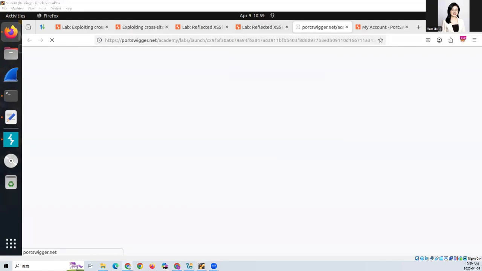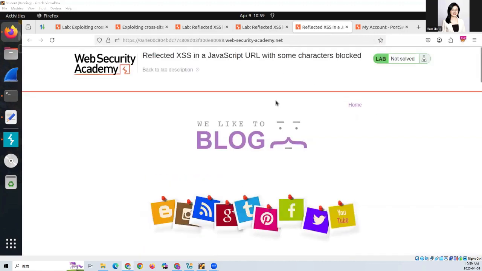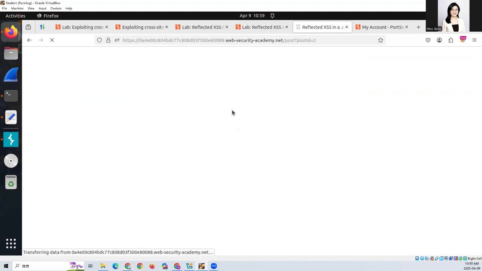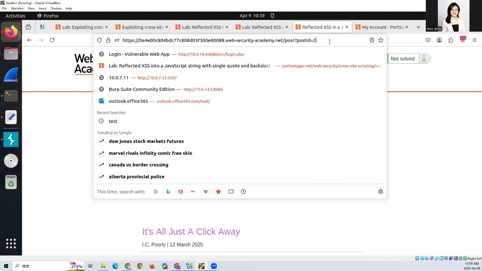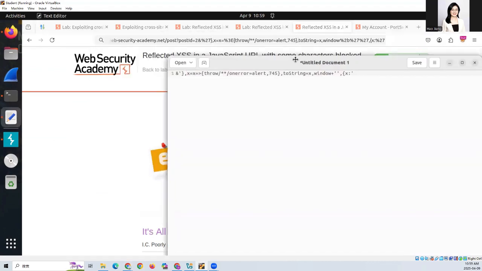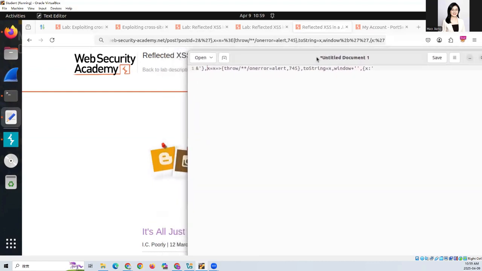Because we already prepared the code, the script, let me copy the value here. Let's randomly open a blog post, and then we pass the prepared code here. This is an encoded version, so let's have a decoded version to compare them and explain it to you. The initial part of the string is the post ID,